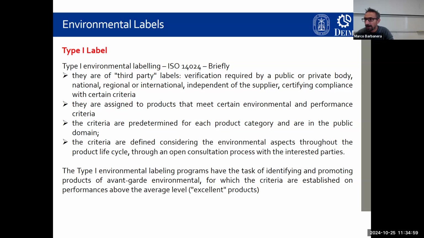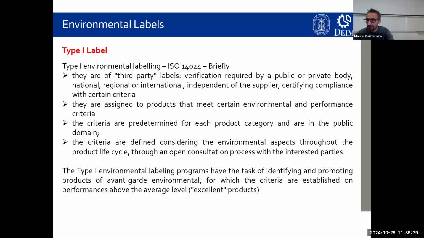These criteria are defined considering the environmental aspects throughout the product life cycle through an open consultation process with the interested parties. So in this case, the product can obtain a type 1 environmental label only if this product satisfies